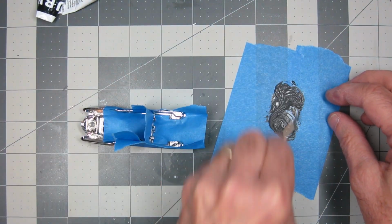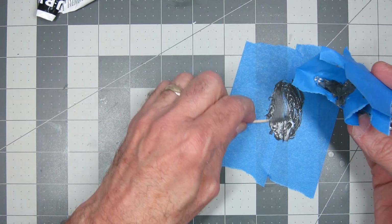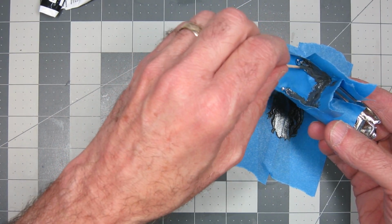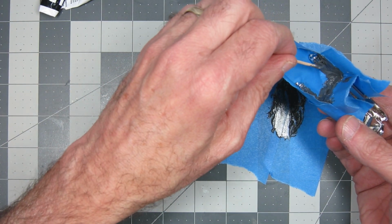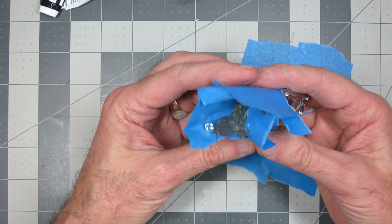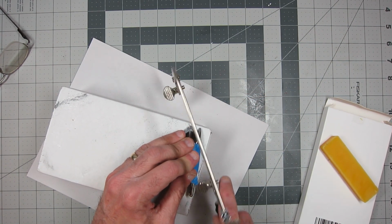So I made some cuts to this body, and yep, out came the JB Weld. This casting, when all was said and done at the end of this, I probably used more JB Weld on this build than I have on any other build, quite possibly including some of the K7 conversions, which are much larger. But I cut out that front engine area and got some of the JB Weld set up in that